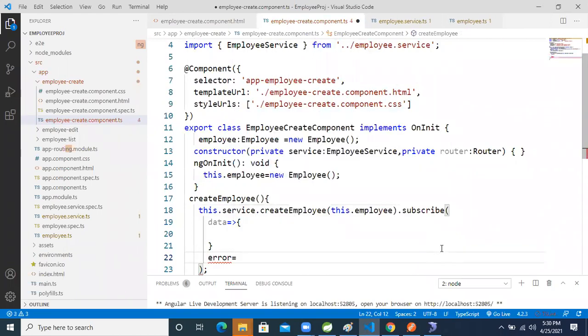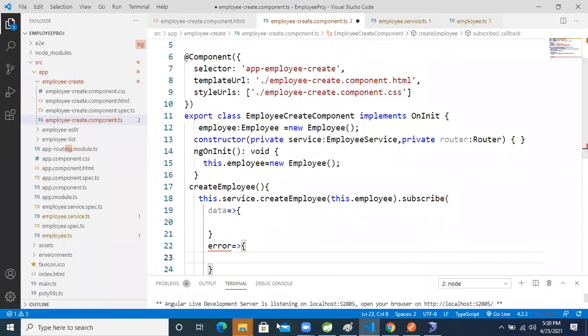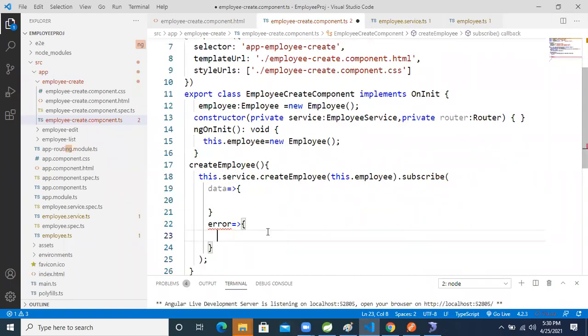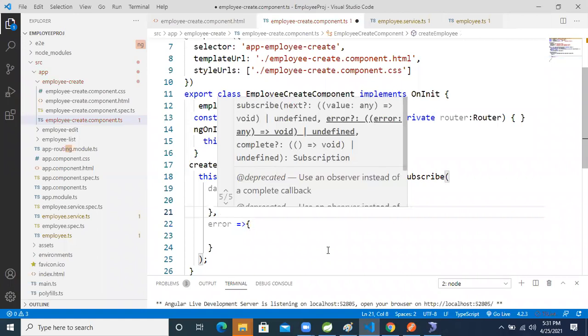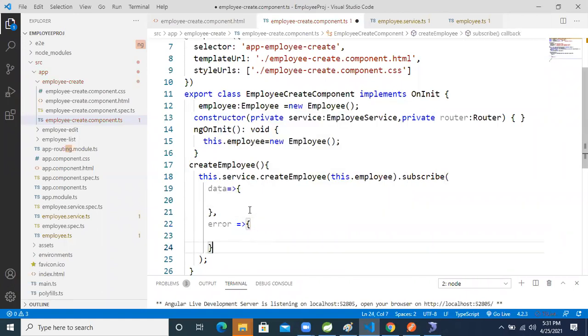If we get an error, we will get it here. Why is it giving an error? Put a comma after the curly brace. Yes, fine. Thank you.